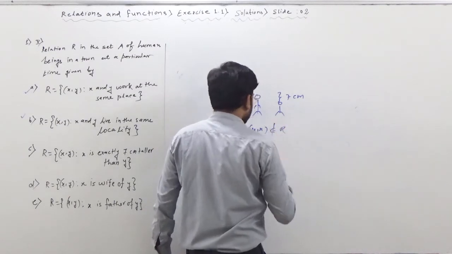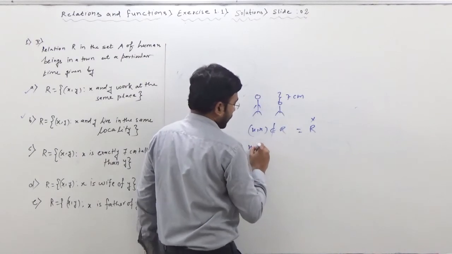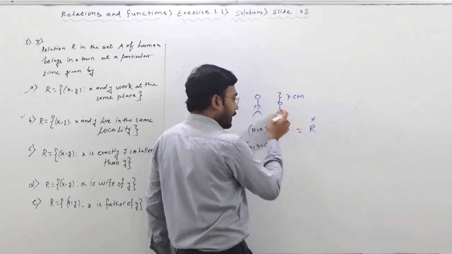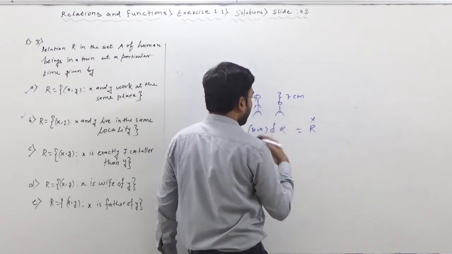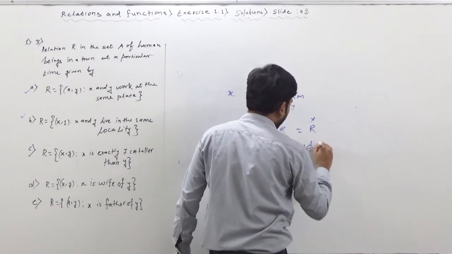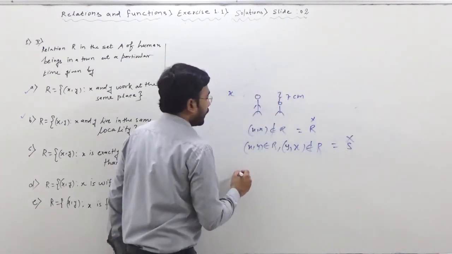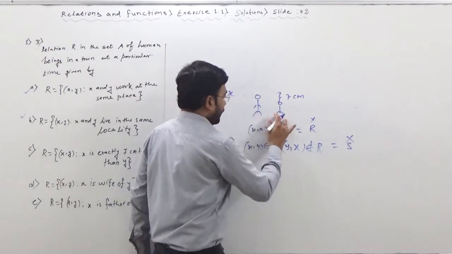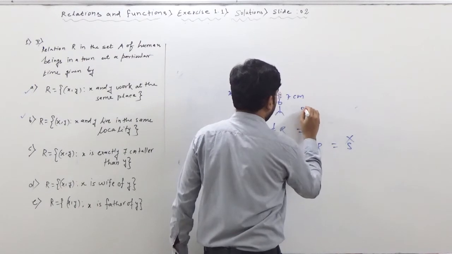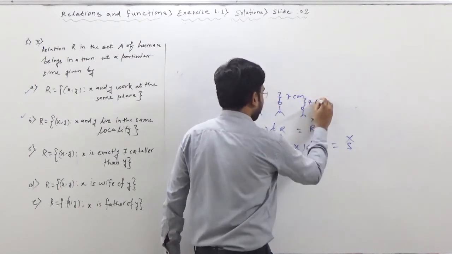No, no. So this is not reflexive, this is not going to be reflexive. Now if x comma y is there, yes it is there, but is it possible to write y comma x? No, no. This is highly impossible, so this is not going to be a symmetric relation. Now when we are talking about a comma b and b comma c, let's suppose there is one small boy over here or girl, so here again there is a gap of 7 centimeter.